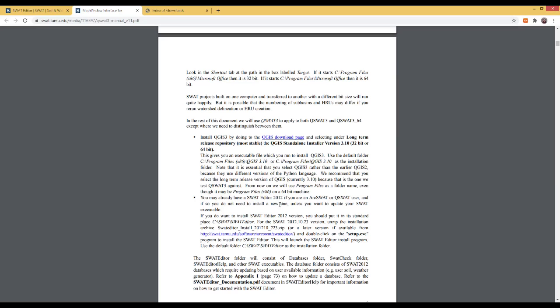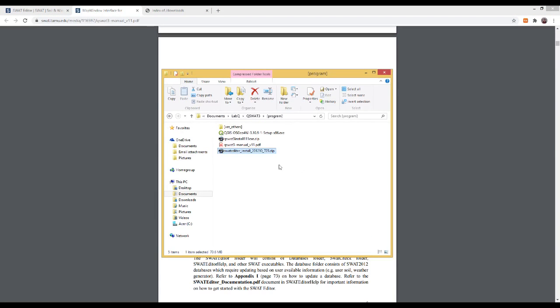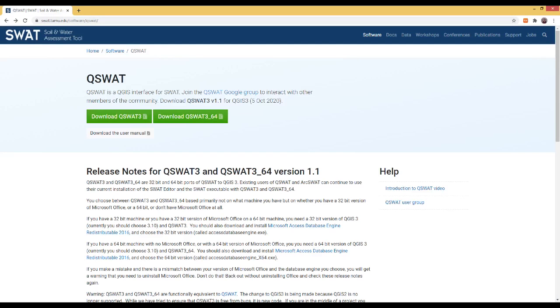If you are new to the installation of the SWAT editor, you need to install this newly released version of SWAT editor, okay? So again, based on your computer system and the installed Microsoft Office version, you need to download different software programs, okay? So in this video, I just introduced the required programs to install for the SWAT modeling work,